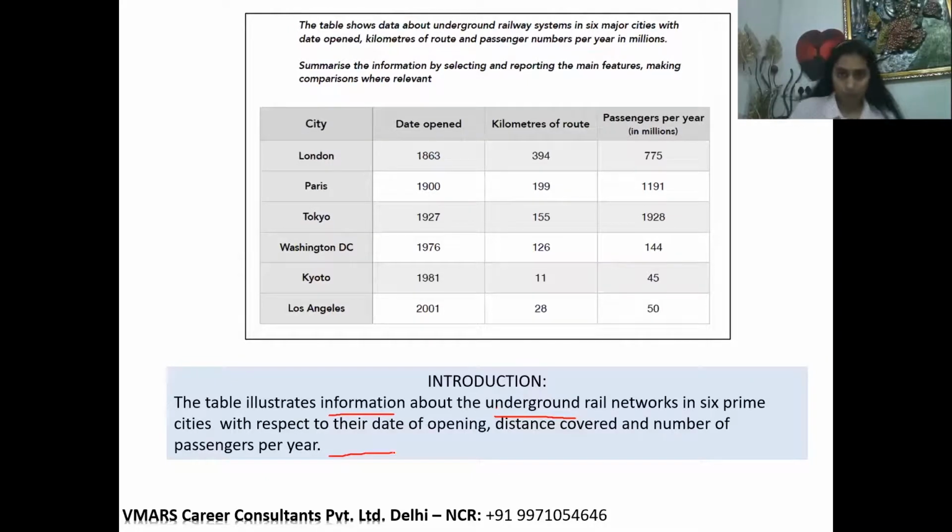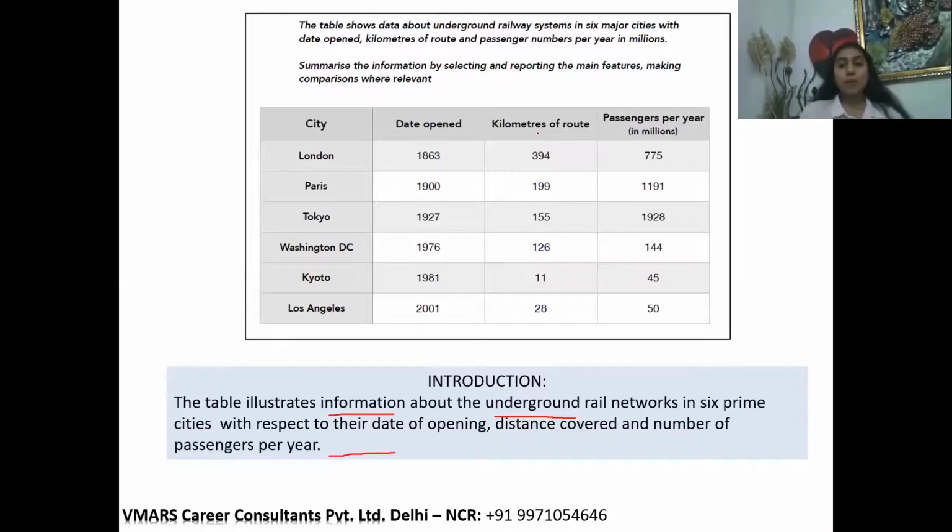The data is calibrated in kilometers. No, Arunima, look, you can't only speak about passengers, so how will you mention passengers? You are right, make a sentence. The number of passengers is calibrated in millions per year. Very good, correct. Okay, now let's look at the overview.